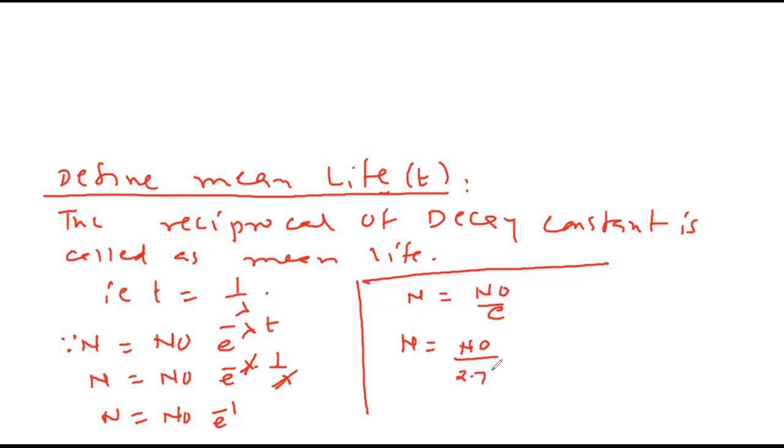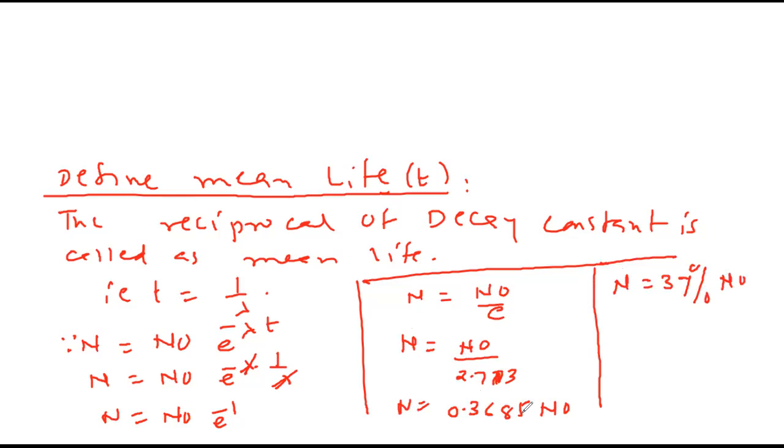The e value is 2.718. When you simplify 1 upon 2.718, you will get 0.368 n0. That means can I say it is nearly 37% of n0? I can write 0.37 multiplied by 100 divided by 100, it will become 37%. So thus mean life